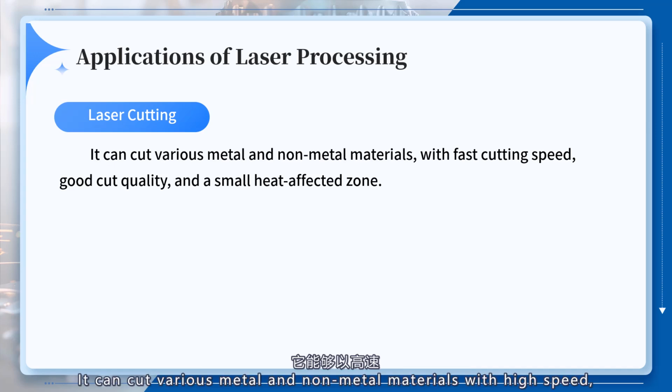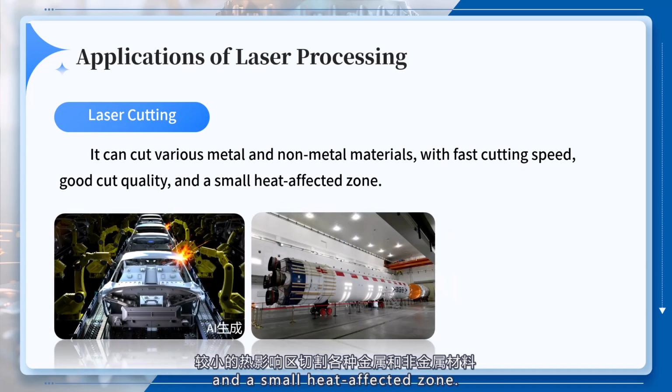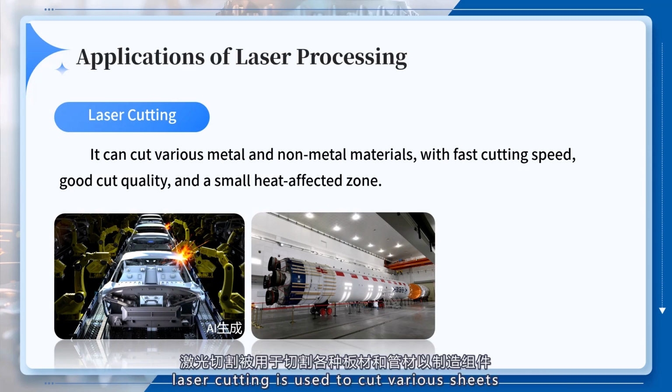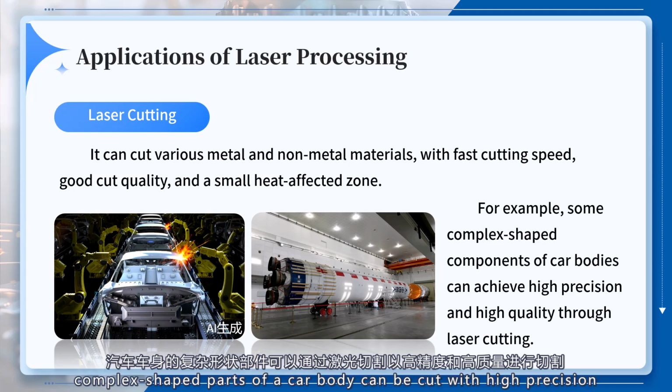1. Laser cutting. Laser cutting is the most widely used process in laser processing. It can cut various metal and non-metal materials with high speed, good cut quality, and a small heat-affected zone. In fields such as automotive manufacturing and aerospace, laser cutting is used to cut various sheets and tubes to manufacture components. For example, complex shaped parts of a car body can be cut with high precision and quality using laser